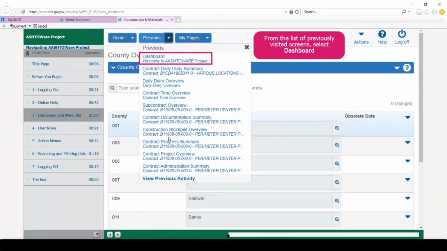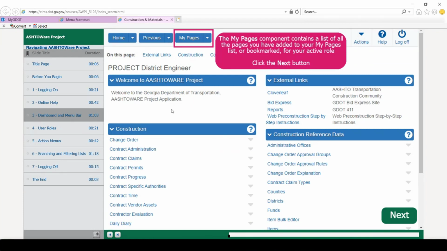You can even go to view previous activity at the bottom of this menu, and it gives you a broader list of places that you visited. Of course, since we're inside the CBT right now, these are not interacted with the way they would be in the actual application. By selecting dashboard from the list of previously visited screens, it takes us back to the dashboard.